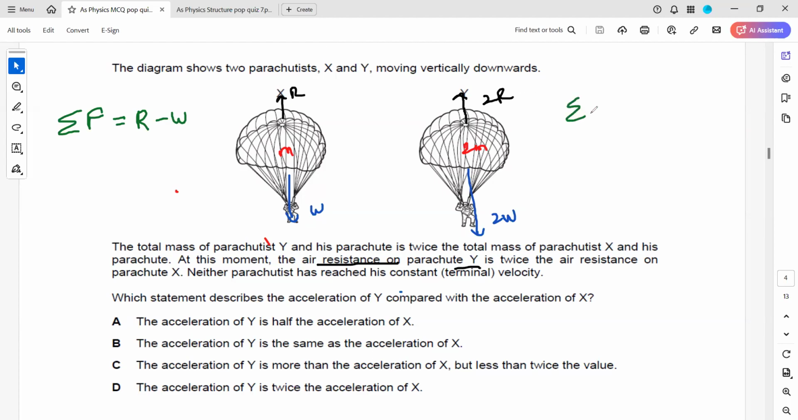For this one, what is the resultant force? The resultant force will be equal to 2W minus 2R, because the weight is twice and the air resistance is also double, as I mentioned in the question. And we know, according to Newton's second law,